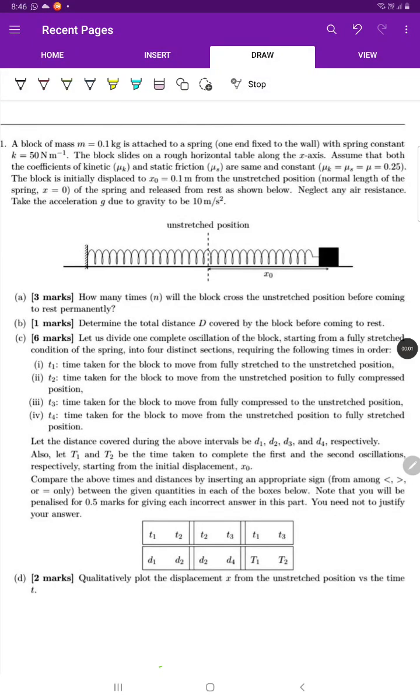Hello everyone. So today in this video we'll be covering a problem from INPhO 2022, or more specifically IOQP Part 2 2022. This problem is from the chapter of Mechanics and SHM. So let's get started. The question says that we have a block of mass m equals 0.1